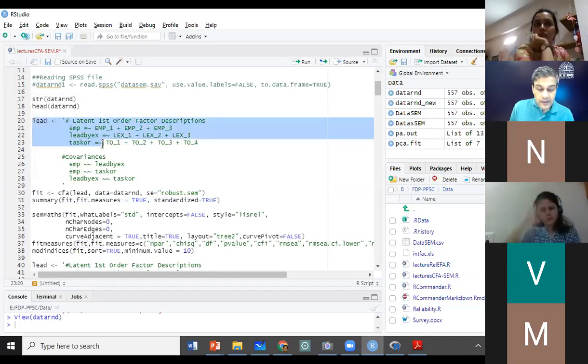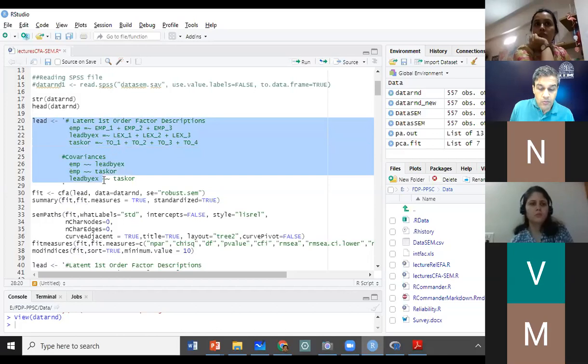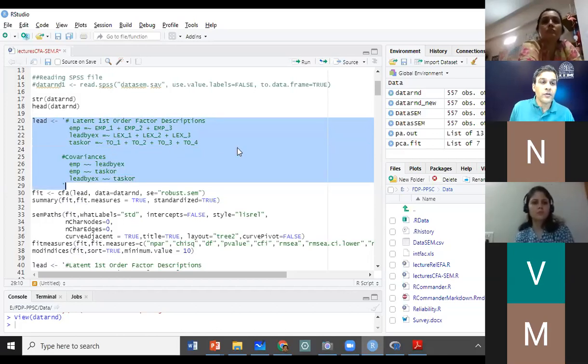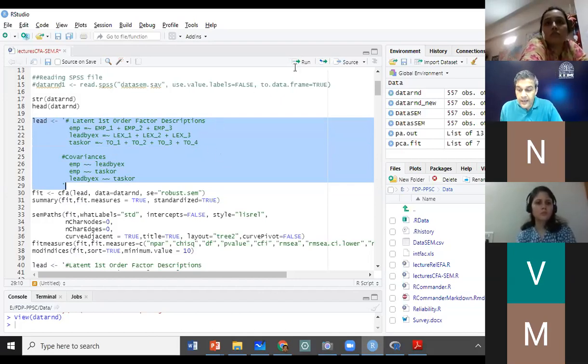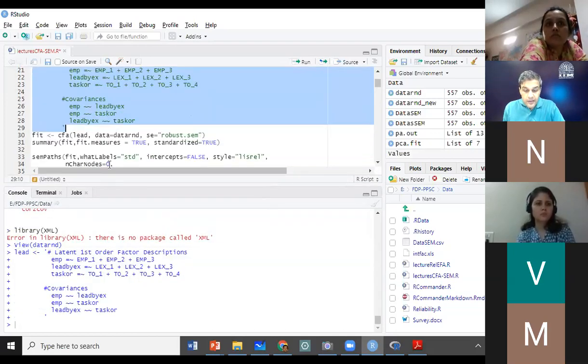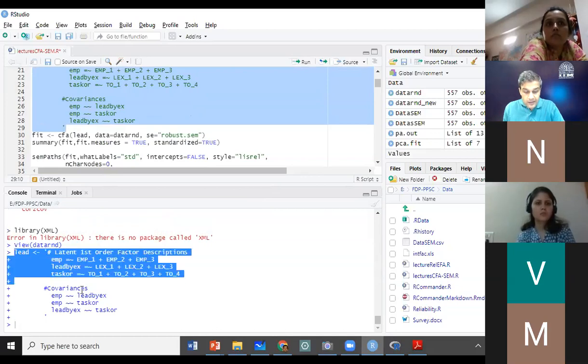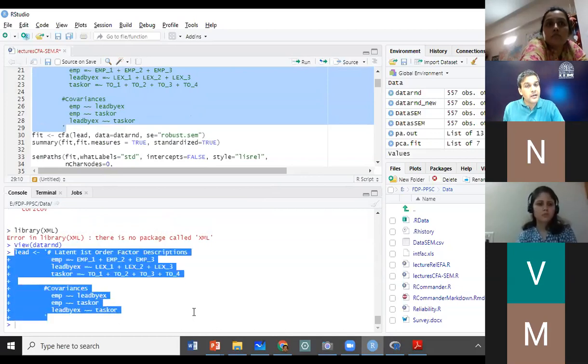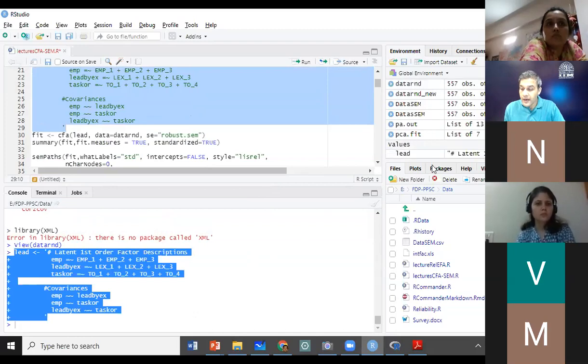So let us do this. Select this whole model declaration from lead to the end of the quote, and then run this. You will see what has happened. It has run. Now you will find the name lead under values in the environment.